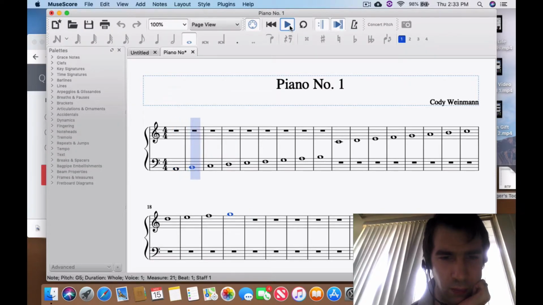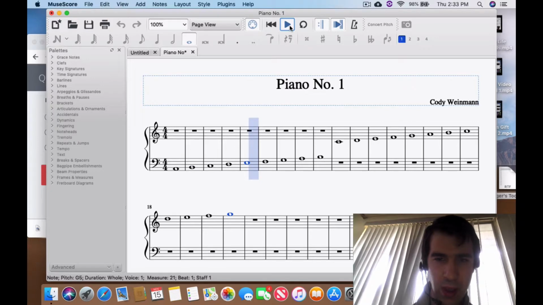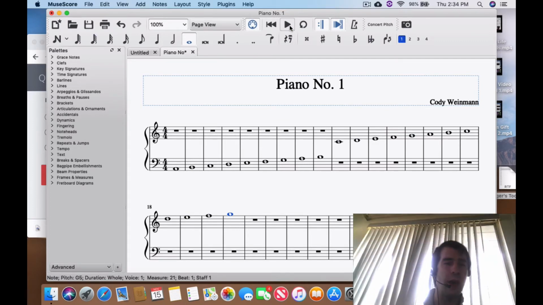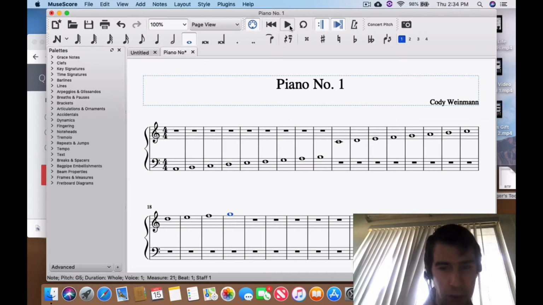A, B, C, D, E, F, G, A, B, C, D, E, F, G, A, B, C, D, E, F, G. And most piano books that you encounter, that's as far as they'll go before they go into the